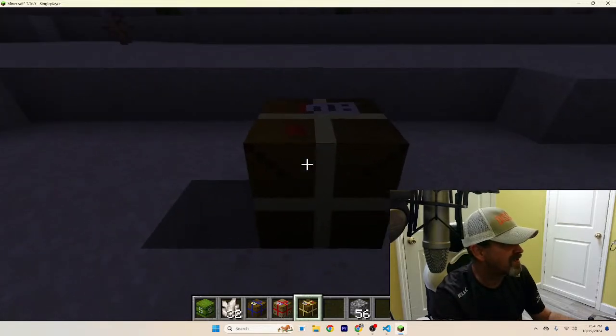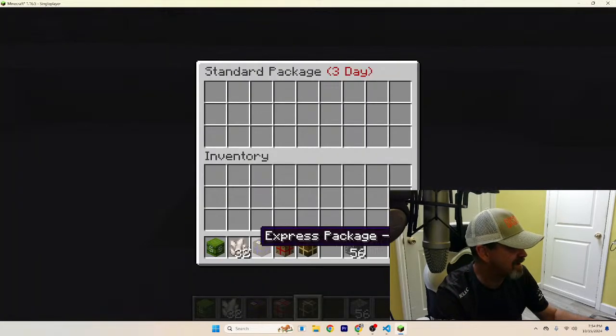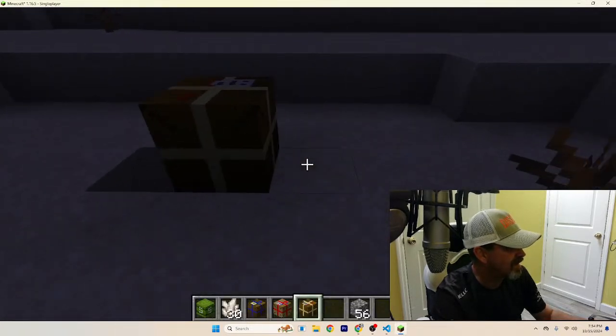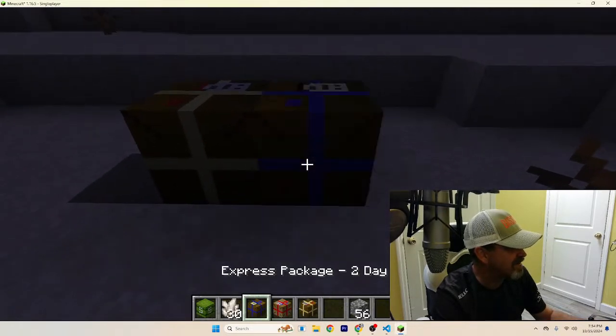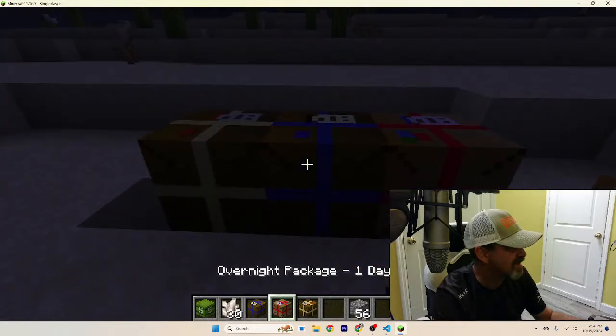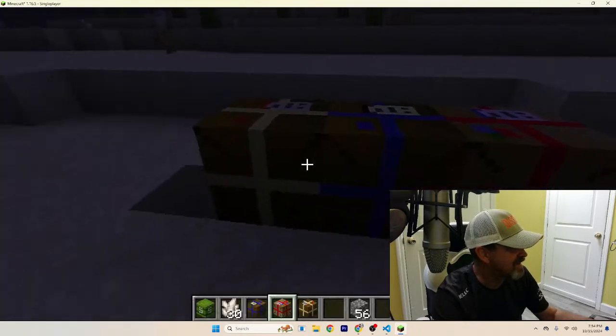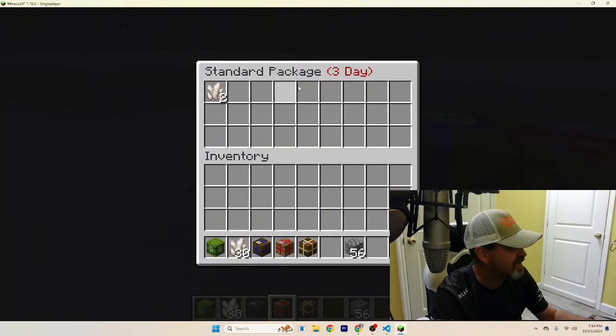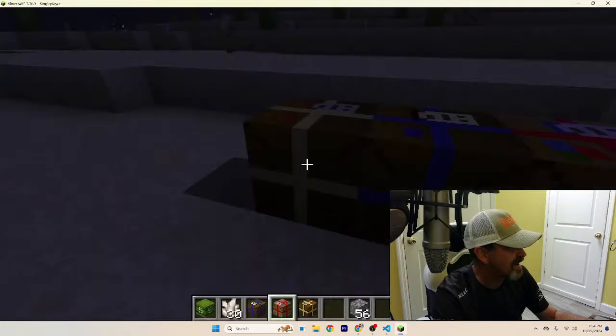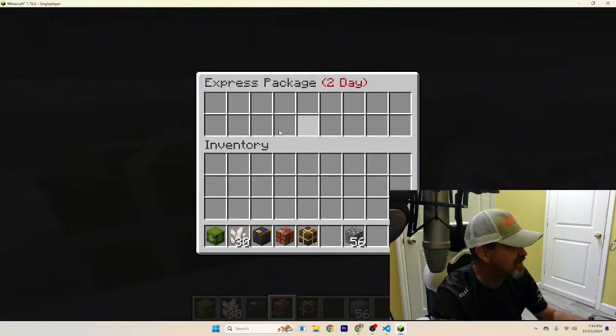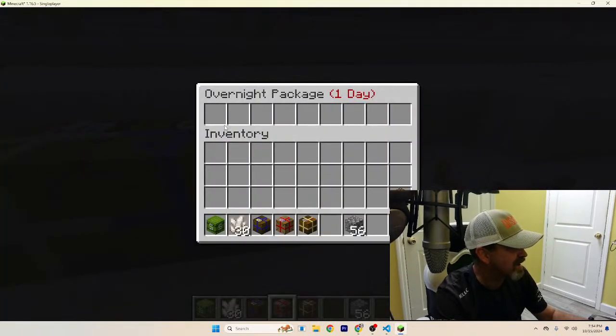So our package here didn't get picked up because this one didn't have any commodities in it. Let's throw a couple of these in there, and that'll get picked up tomorrow. So that's a 3-day package. This is a 2-day package. This is an overnight package. The difference is you can see a 3-day package holds 3 rows of items. A 2-day package holds 2 rows of items, and a 1-day express package or an overnight package holds 1 row